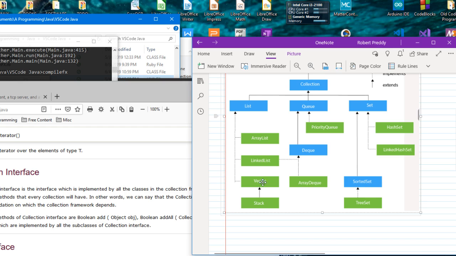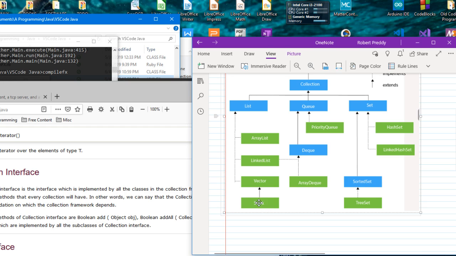In other words, this Vector is derived off of this class here, but then ultimately, this has to implement that interface, I guess at this higher level. If I'm reading this right, this may be backwards, given how they drew this. This may be a parent class and this is a derived class, but I